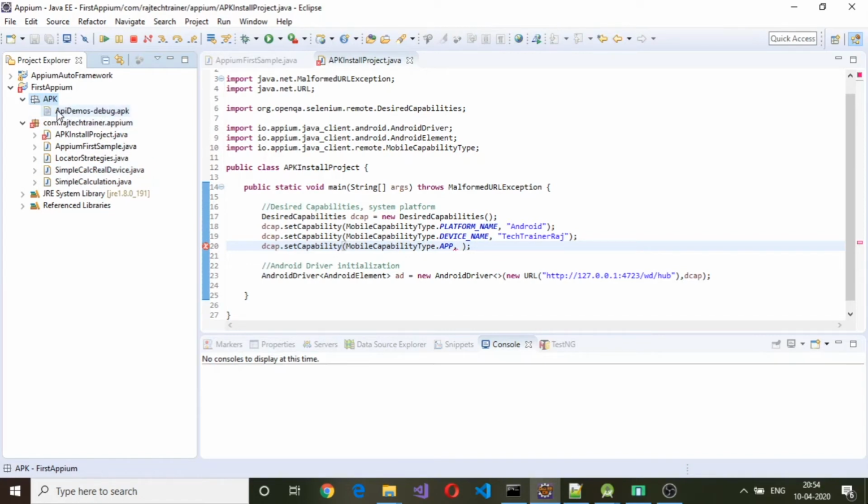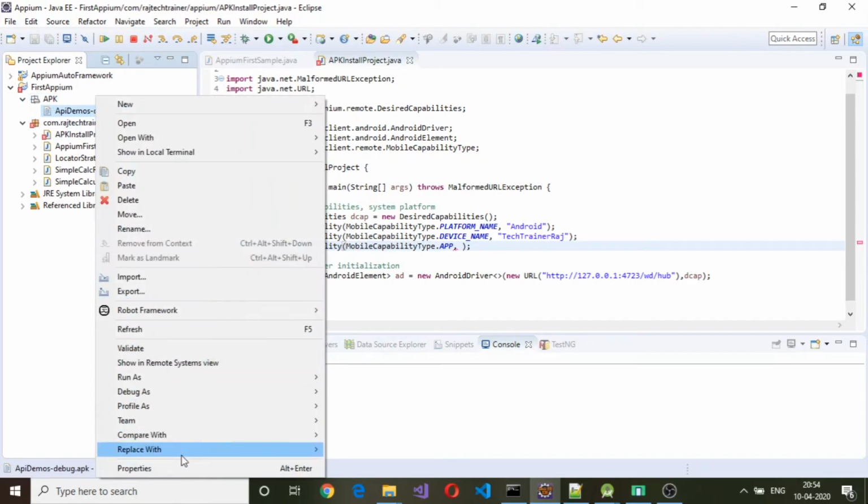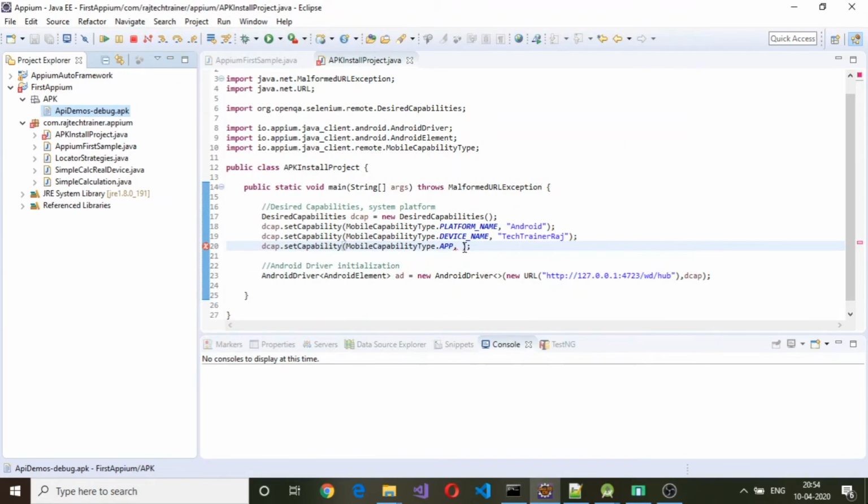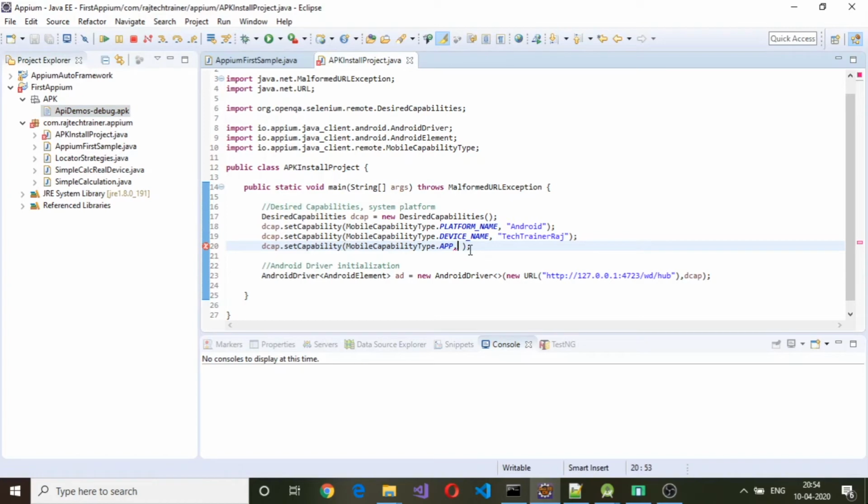Now we have this API demos debug APK file inside the apk folder. Let us get the path for this. Copy this, and the value for this mobile capability type app will be the path to the APK file. Add double slash here.